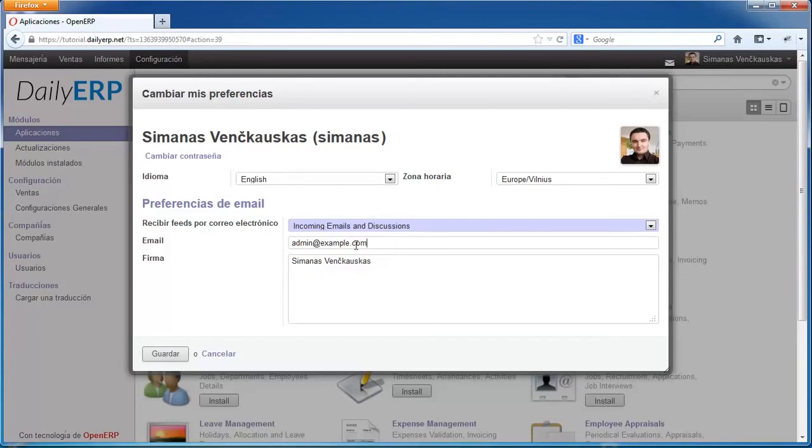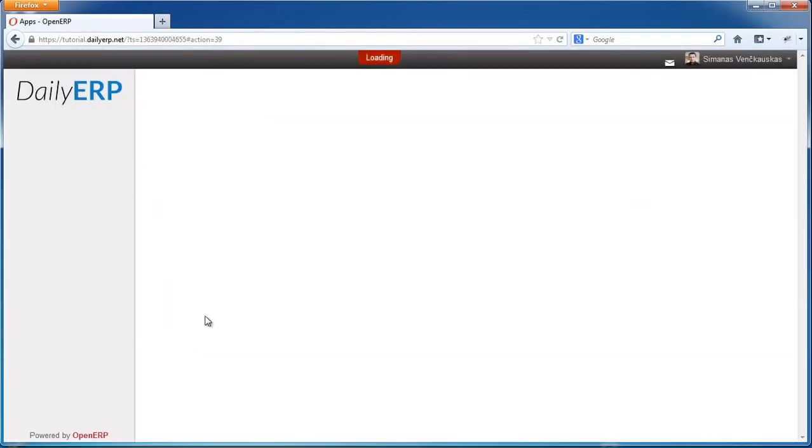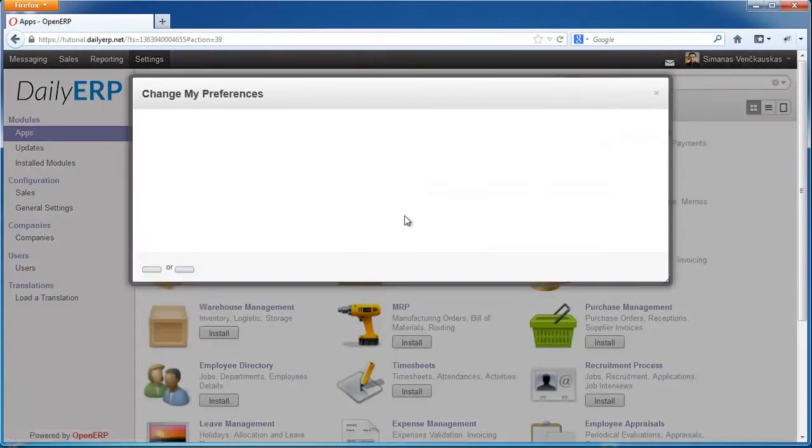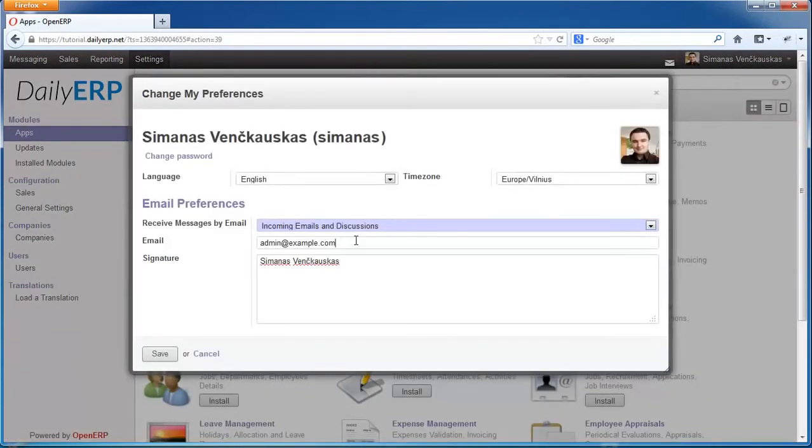email. This is your personal email, and to this email you as a user will be receiving all the feeds from OpenERP, and here is your signature. Okay, I should maybe switch back to English. Go back to the preferences. Yes, so this is your email. You should enter your email here,